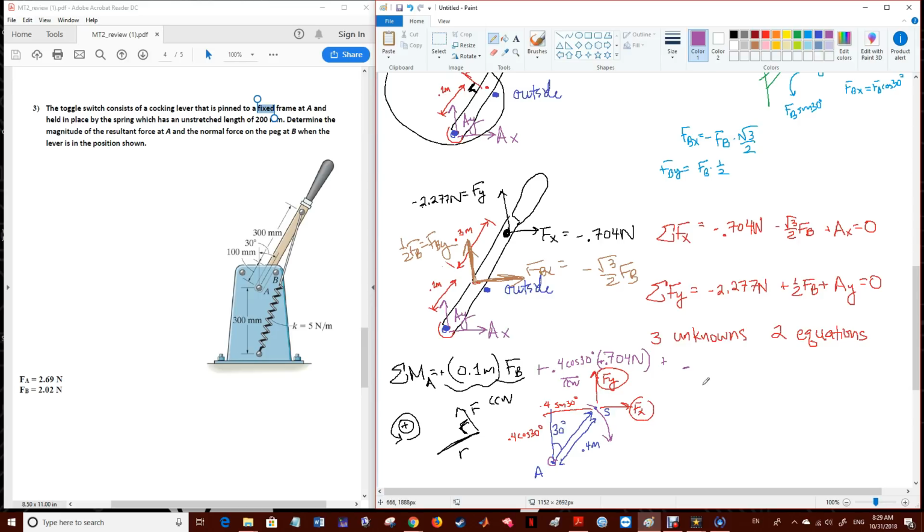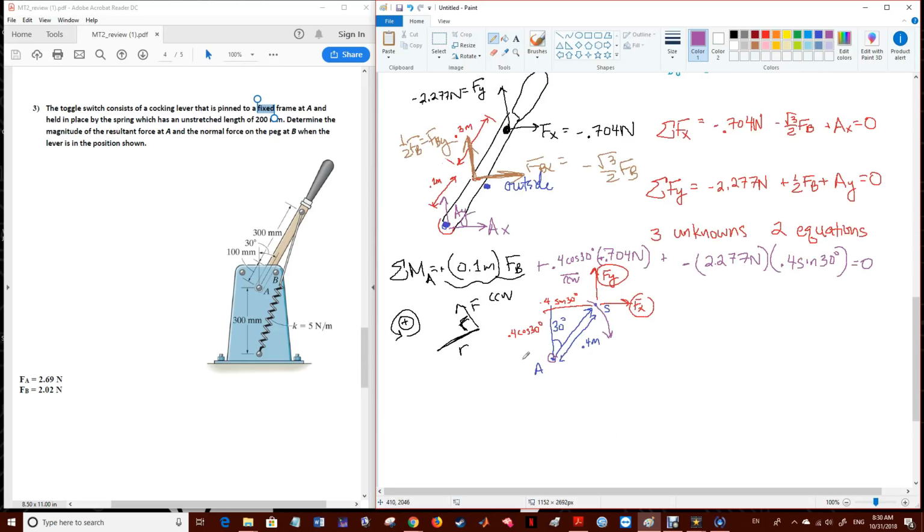The value of the force is given as 2.277 newtons, and the distance, since we chose the y force, must be the horizontal direction, which is 0.4 sine of 30 degrees. And this is going to be the moment that is calculated at A, and we find that this must be 0. So this equation will help you solve for FB, because we get FB is equal to